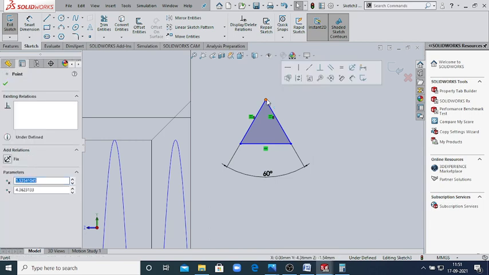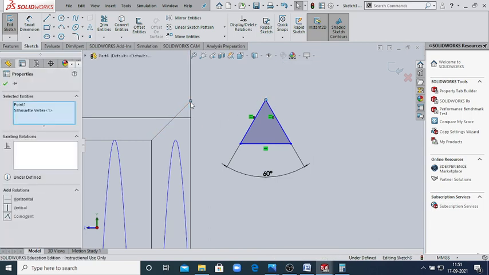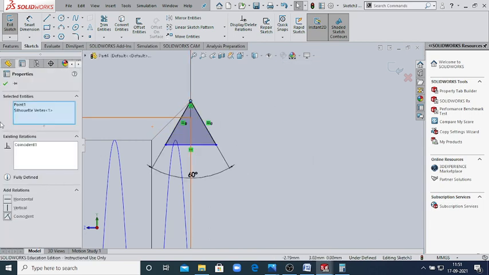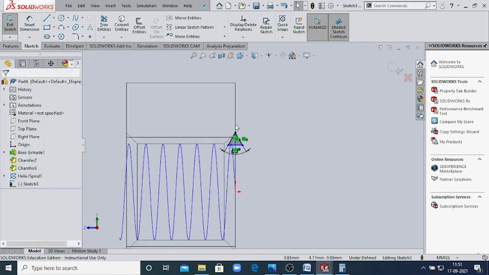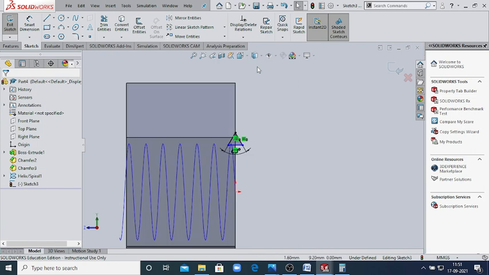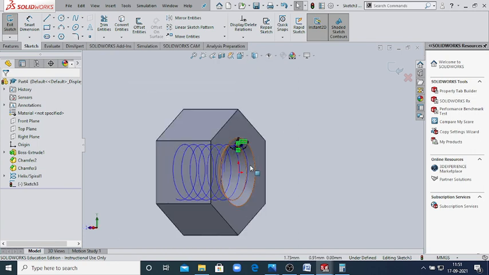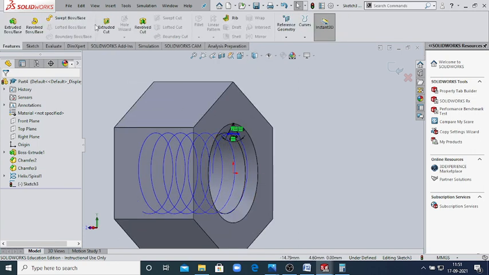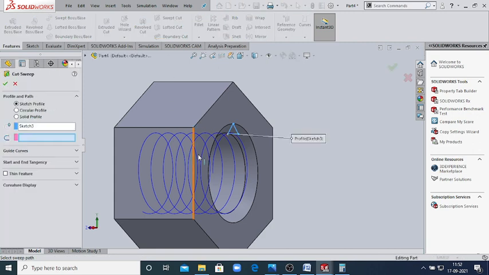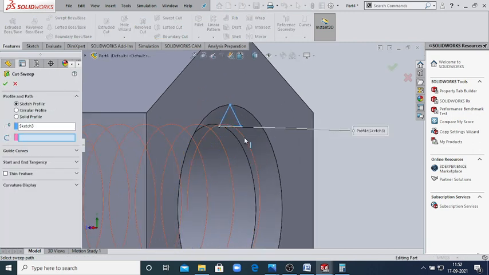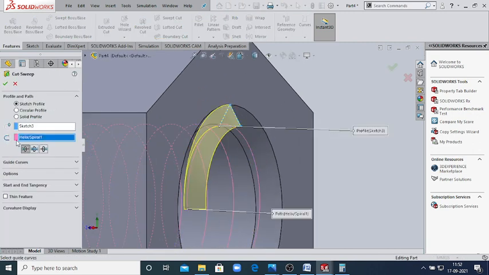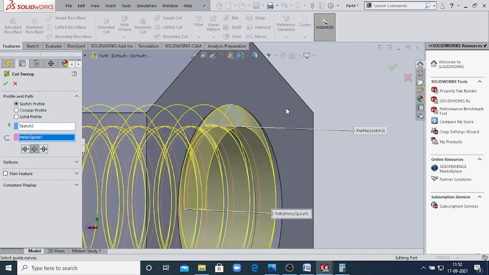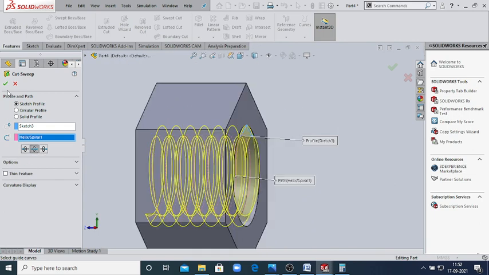Then select this point and consider this point like this, and now select features. First of all, exit, then select features, then swept cut, select this path, select this. Now our thread is ready.